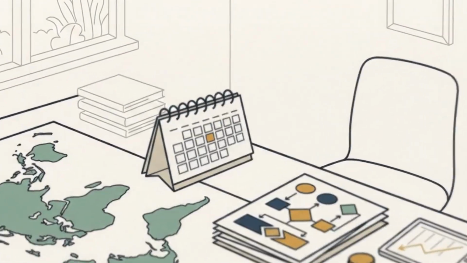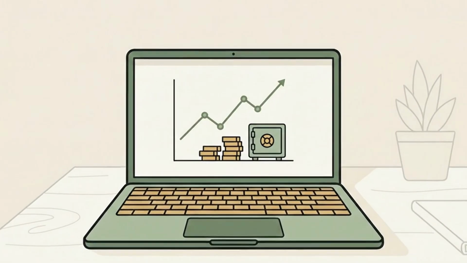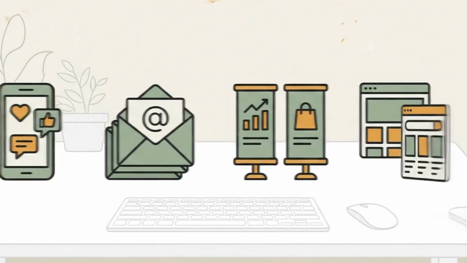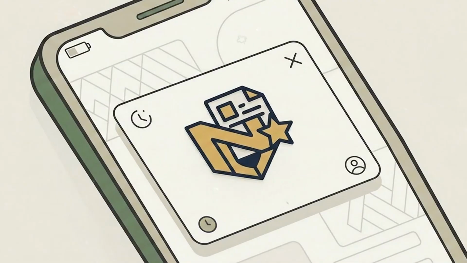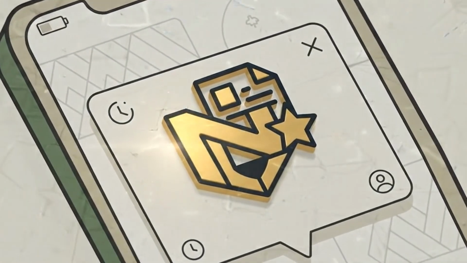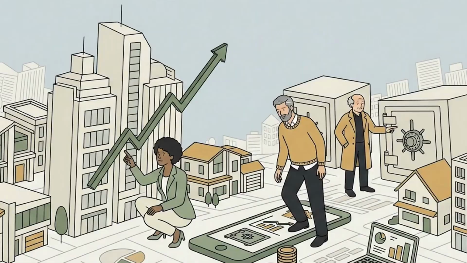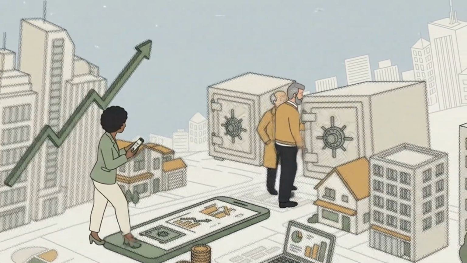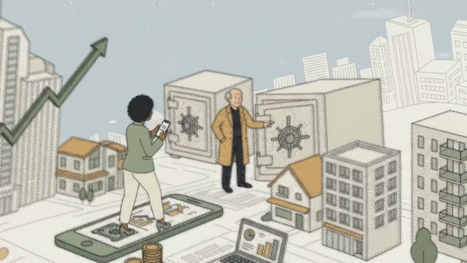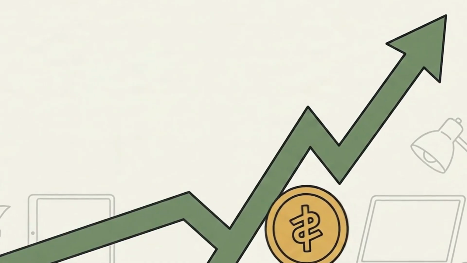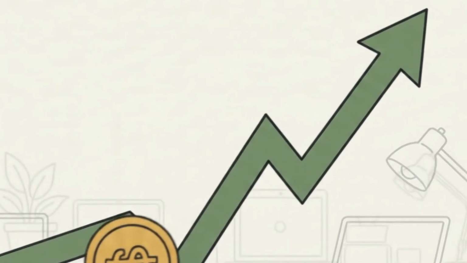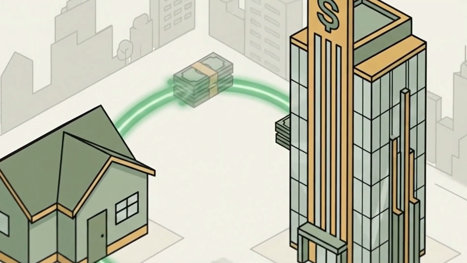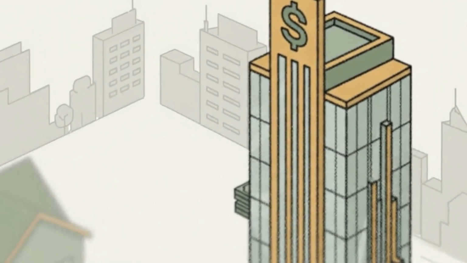Step 1. Choose a niche. Don't try to write for everything at once. First, choose a format: social media posts, email newsletters, advertising copy, or website content. Then choose a topic: finance, real estate, e-commerce, medicine, or legal. The narrower the specialization, the higher the perceived value. A newsletter expert for mortgage brokers earns more than a generalist copywriter.